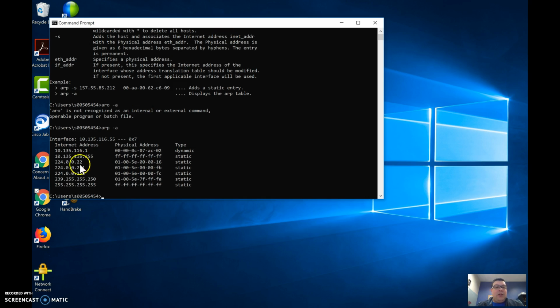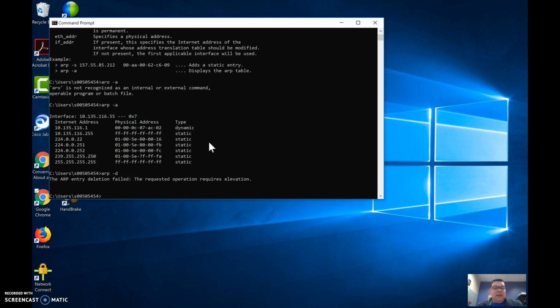I can probably just circle with my pointer the broadcast address, and I can associate that pretty darn fast. What these are, I'm unsure of because I don't know how the network's set up here at school, but they are static addresses, and we can try to do a trick like this. ARP -d. Yeah. So I wasn't able to do that because I'm not in the elevated command prompt, which is to